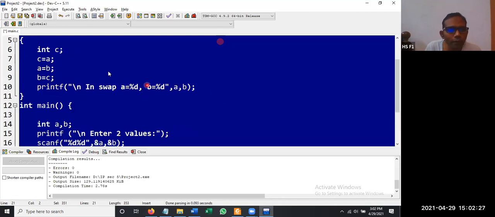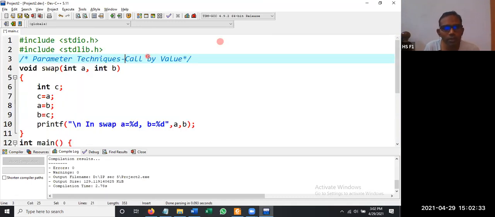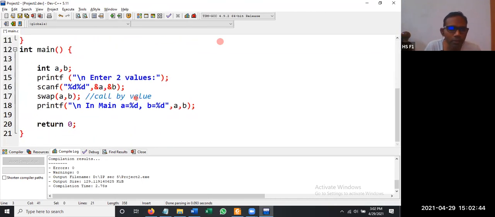Now, whatever modification we do here must be reflected back; that is called call by reference. So the next type is call by reference. Just see the difference between call by value and call by reference. Here we were making a function call with the variable value.